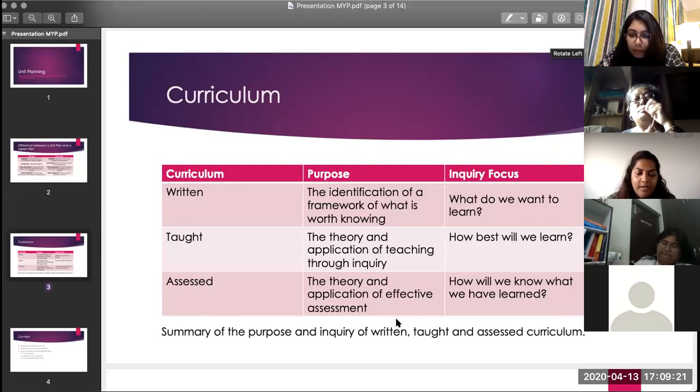And when it comes to the assessed curriculum, you can have diagnostics, you could have formatives as well as summatives within the unit. Absolutely. Thank you, Tracy. I was going to mention that, your formative assessments and your summative assessments both are part of the assessed curriculum, and the formative assessments are not just any written thing, but it could be your oral activity as well. Any game, any activity that you carry out in the class, that could also be part of your